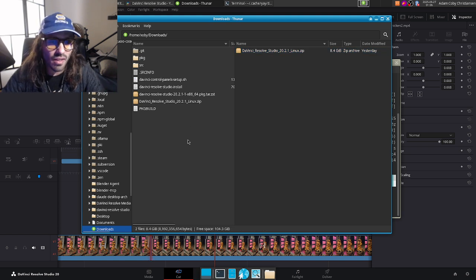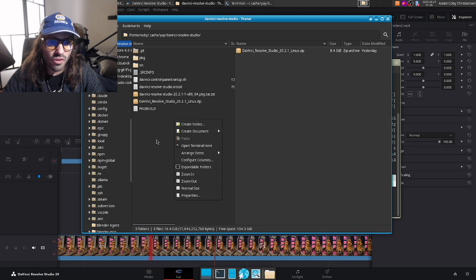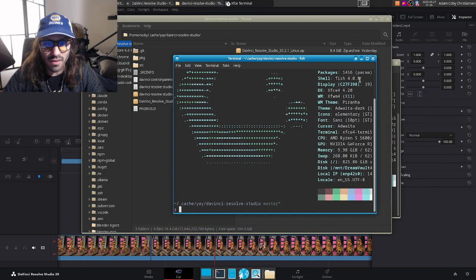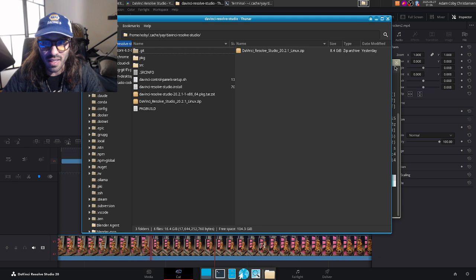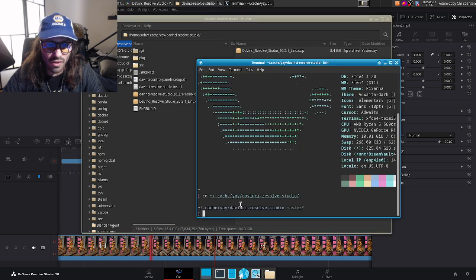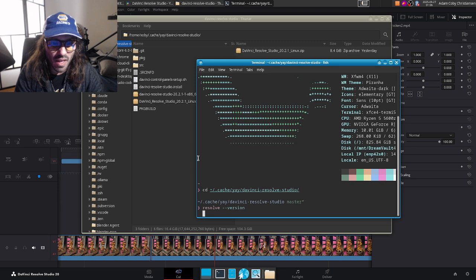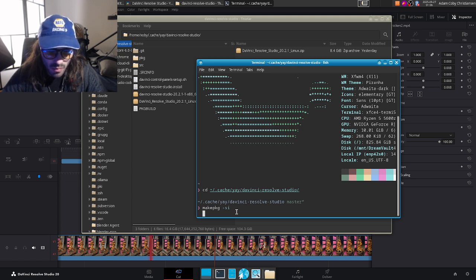Once that's copied in there, okay, make sure you're in that directory. You can open the terminal from here. Very useful command, right? If you didn't want to cd command into that directory. From here, you want to hit your make package command. The make package command